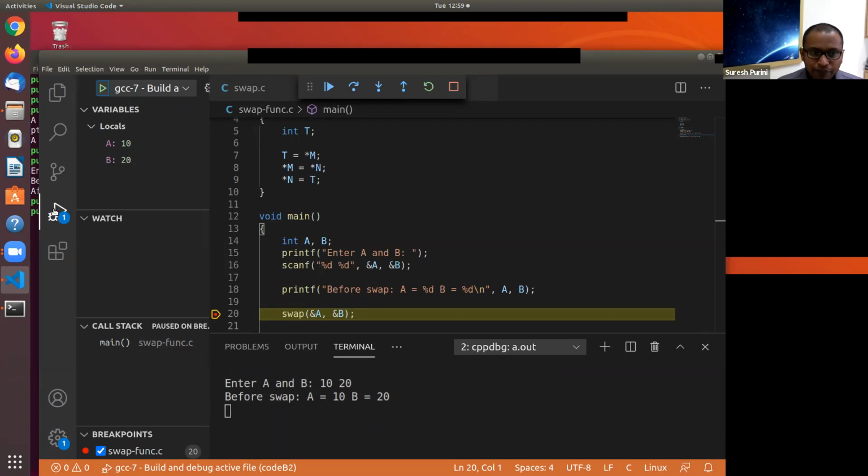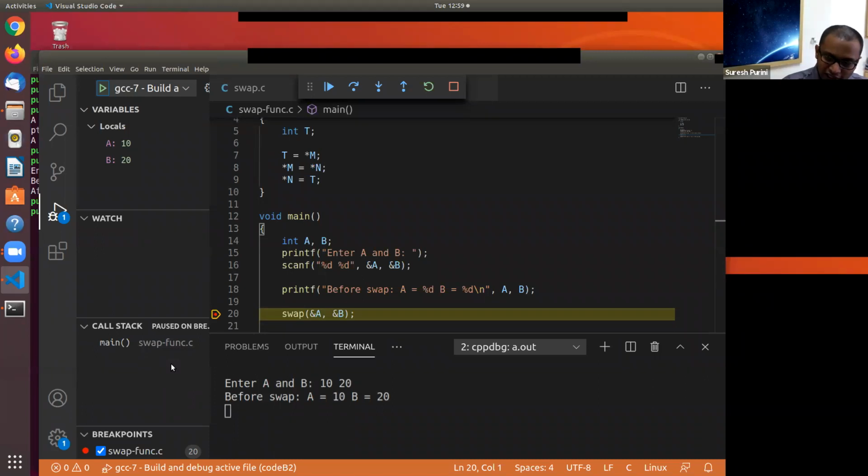20. And if you look at the call stack, I want you to pay attention, guys, because you are not getting it. So call stack, program stack are all the same. So what is present on the call stack? Tell me what is present on the call stack. Main is present on the call stack. The activation record for main is present on the call stack.